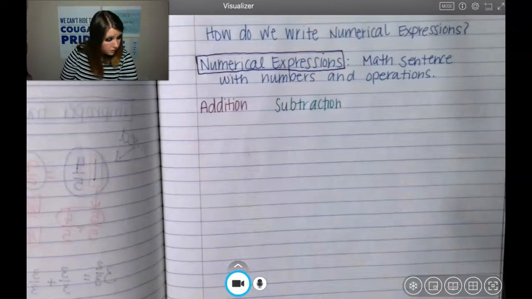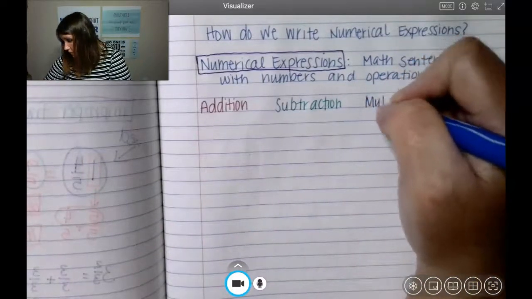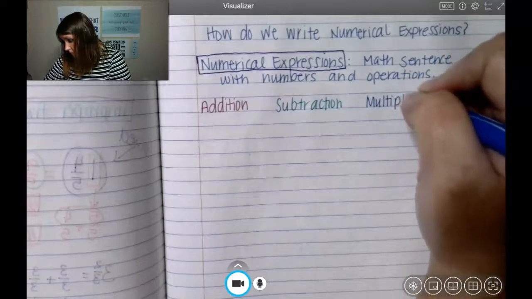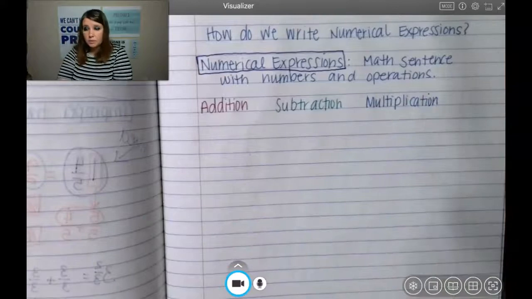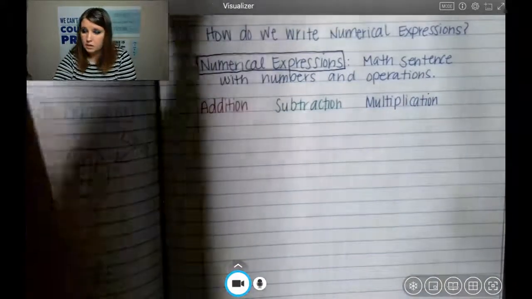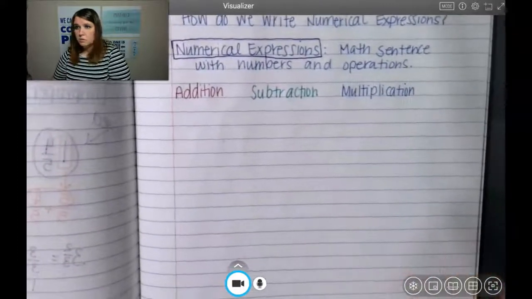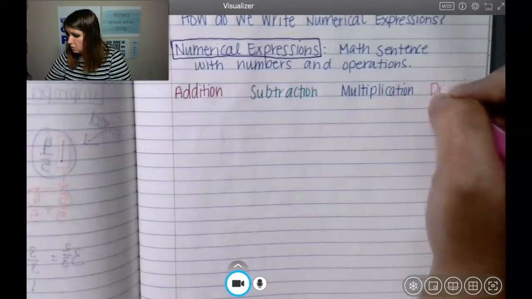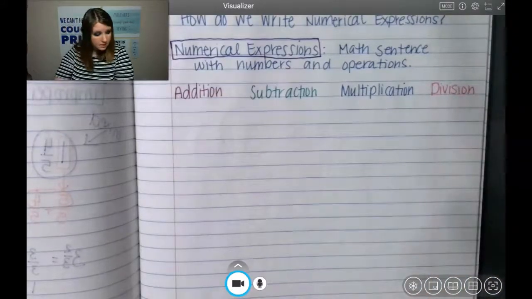What color do I want to use? Let's use blue. And then last but not least, we have division. Let me scoot my paper over so you can see it. All right, so we have all of these different